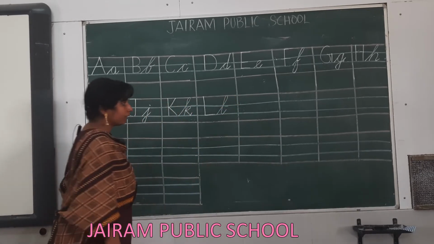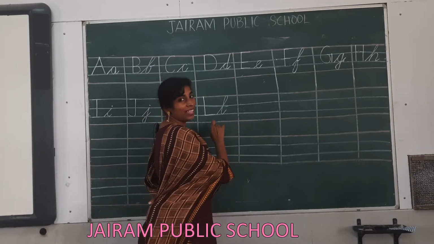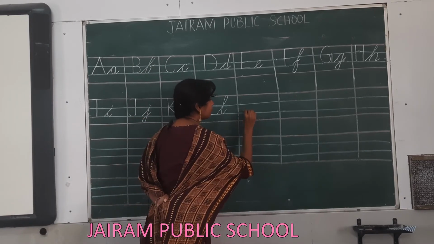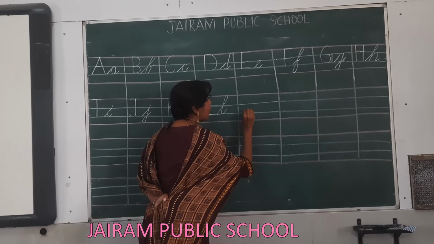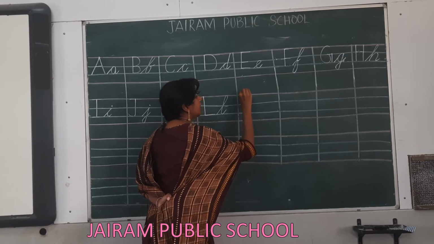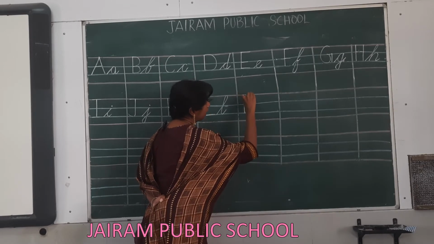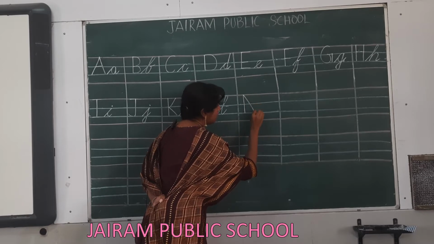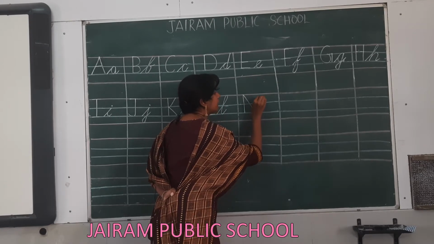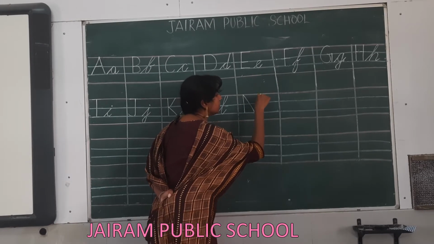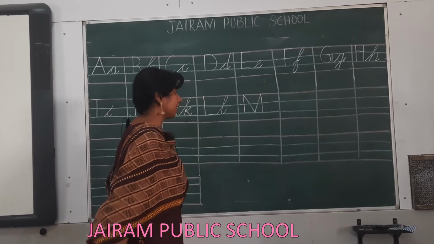Letter L. The next letter is going to be L, after it is M. To write M, a straight line from the base line to the top line, second slant reaching the base line, first slant reaching the top line again and a straight line from the top line to the base line.